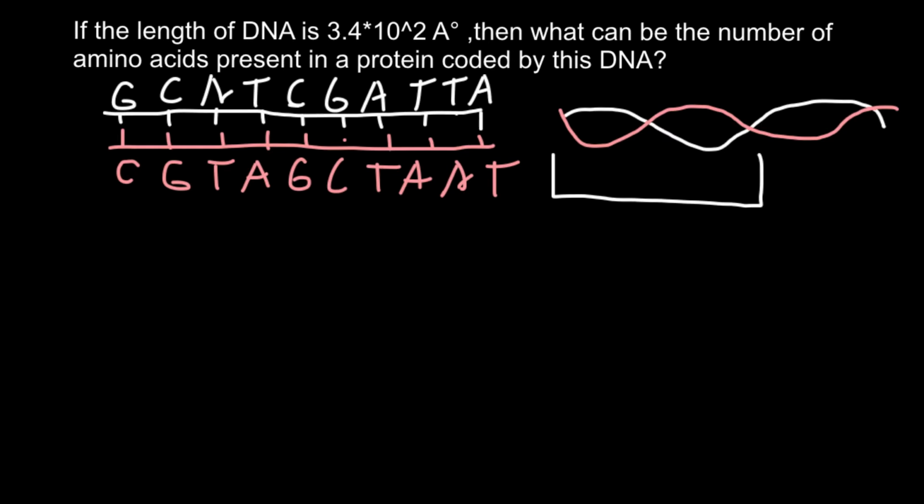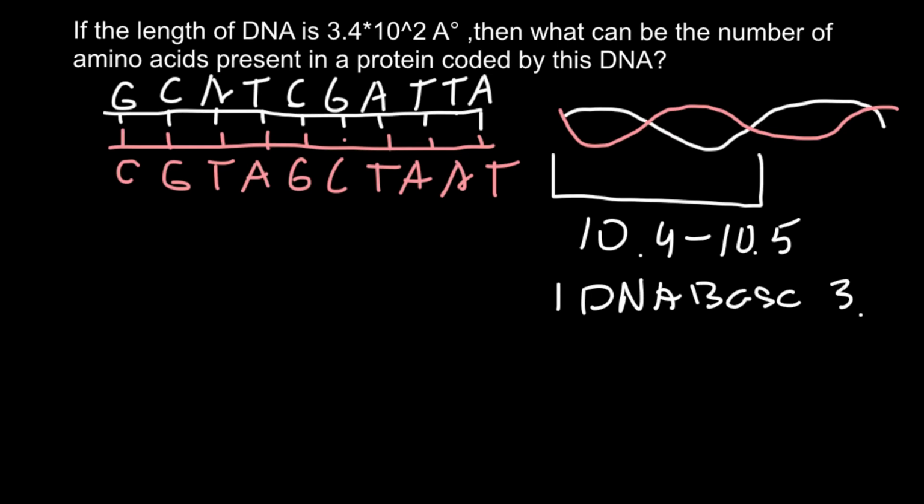but just for your information, one full turn DNA makes about every 10.4, 10.5 DNA bases, and one DNA base is about 3.4 angstroms. As you see, according to our problem, we have around 100 bases. So 3.4 multiplied by 100. That means here is the length of one base, and if we multiply by 100 we are going to get 100 bases. So now we have double-stranded DNA with 100 bases, and now we have to find how